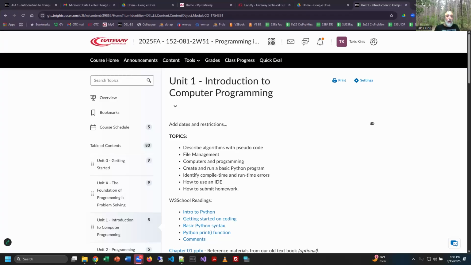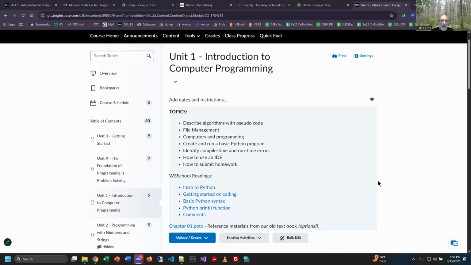Welcome everybody. Tonight we're going to be working on Unit 1, and this is basically our intro unit to computer programming. We're finally getting our hands on doing some code. You can see the topic list that we have here, and given the fact that we just went through some